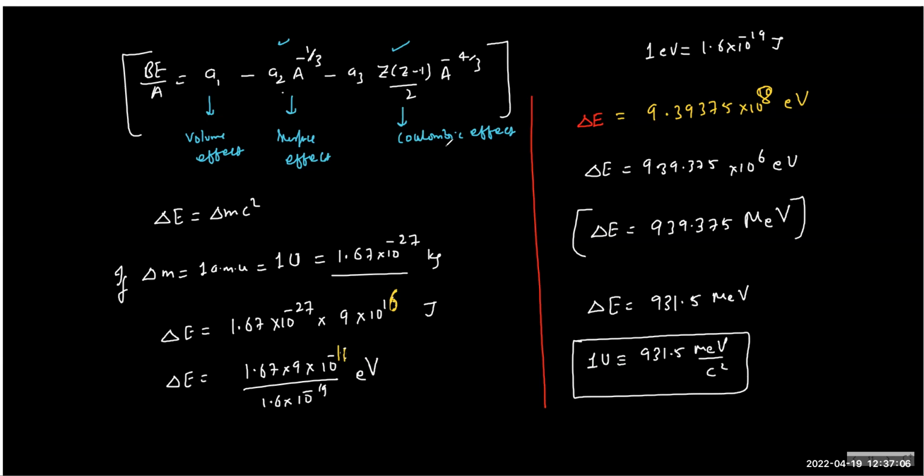The surface effect will grow drastically, and the Coulombic effect, and therefore too many protons is not desirable. So we always prefer too many neutrons compared to too many protons,